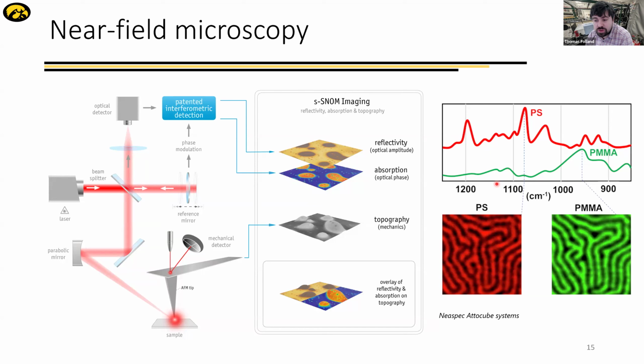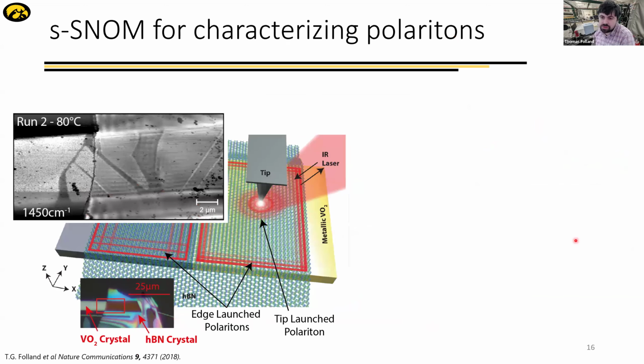One of the other big strengths of SNOM, as well as giving us this local information on the reflection of samples, is it can actually also see polaritons, these waves that propagate across the surface. This is a schematic of a SNOM setup in a paper we published a number of years ago now, where we were measuring phonon polaritons in hexagonal boron nitride. In this case, actually on a VO2 single crystal,